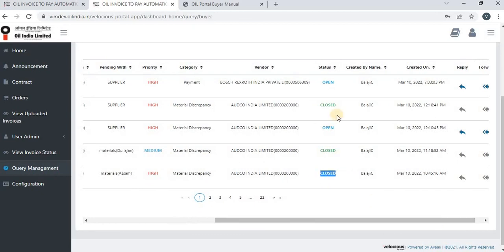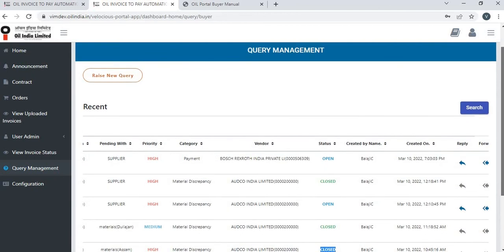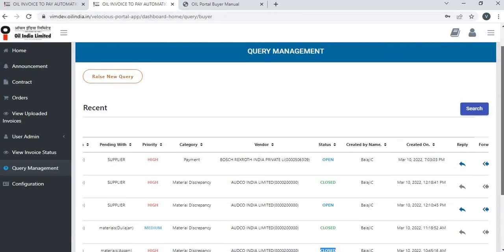And the status will get changed to closed. So this is how the complete query management functionality will work, and you can communicate with the vendor. You can forward the query to the other department. You can reply to the vendor, and you can